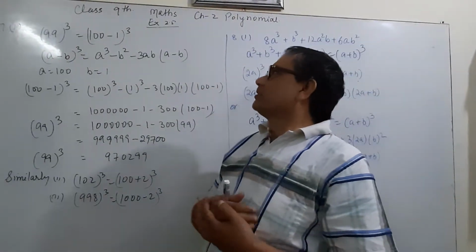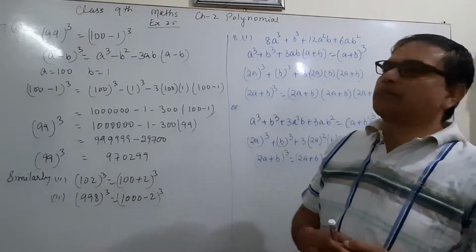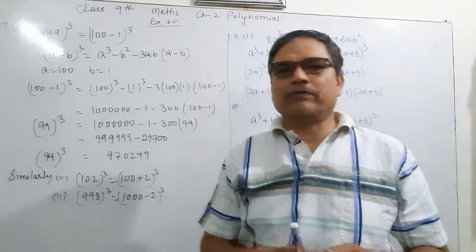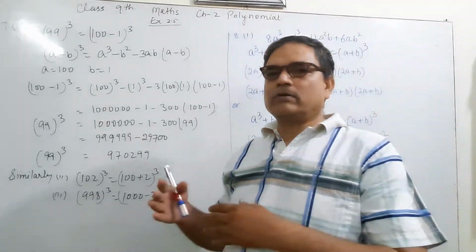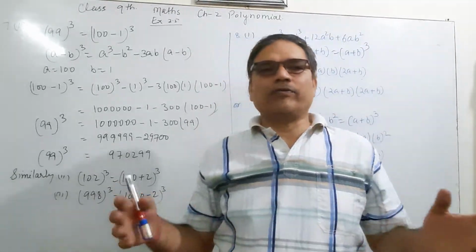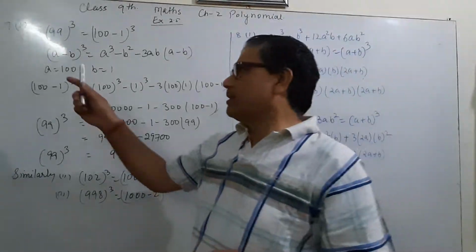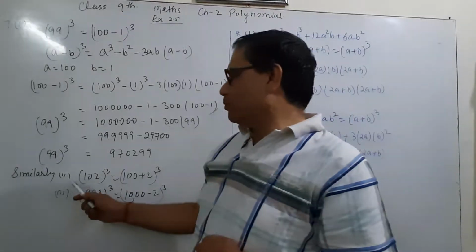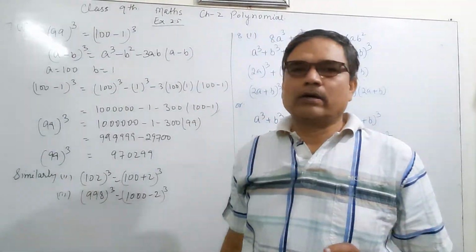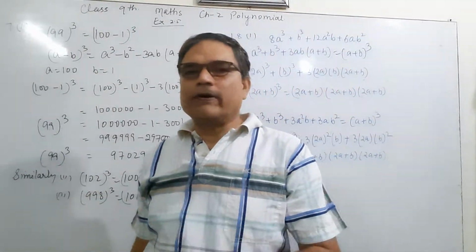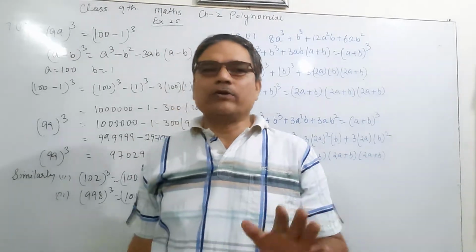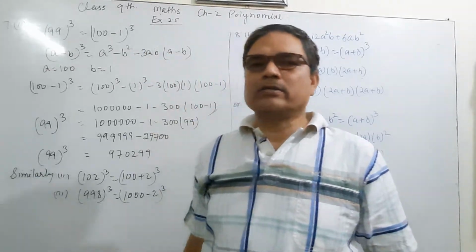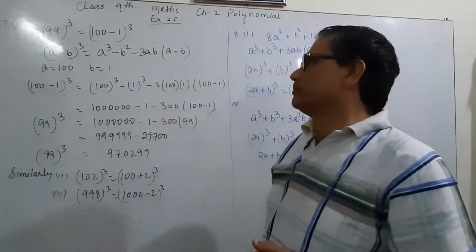Today we will start Class 9 Maths Chapter 2, Polynomials, and the remaining questions of Exercise 2.5. Questions 1 to 6 were already discussed, and today we will start question number 7, which has 3 parts. One part I will explain to you, and the remaining 2 parts you will do as homework. If you have any doubt, you can ask in your doubt class in the first session.